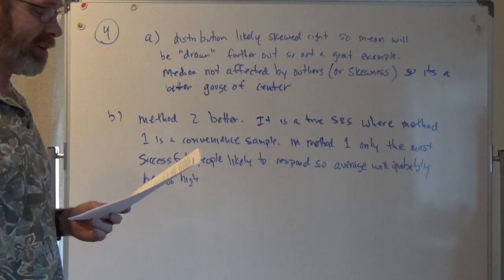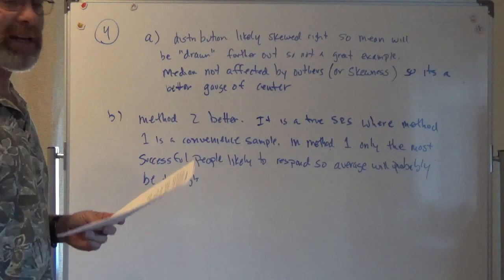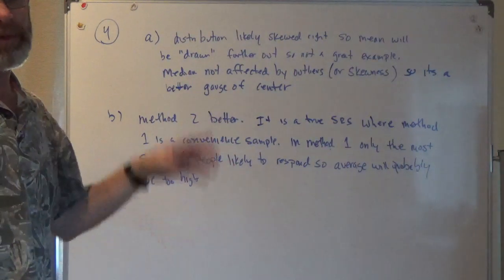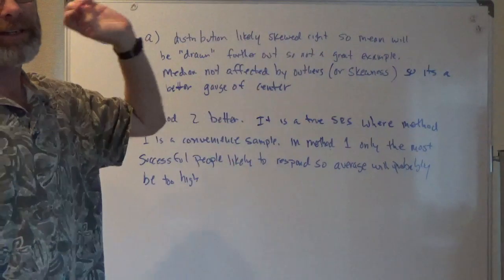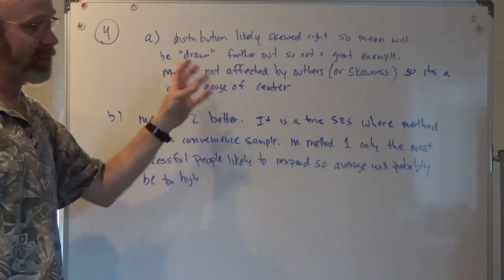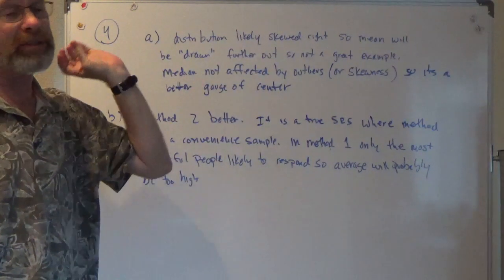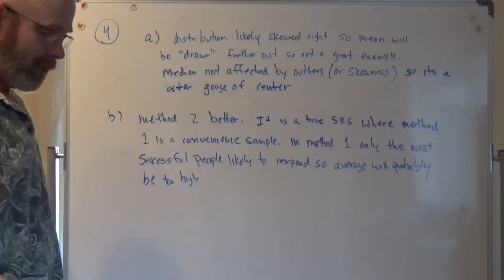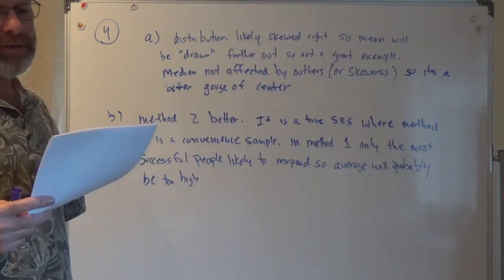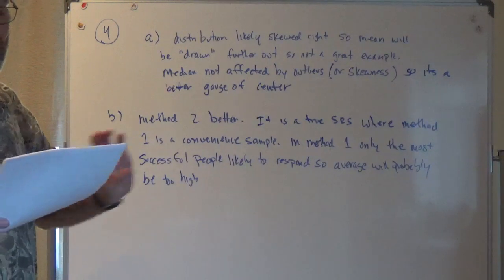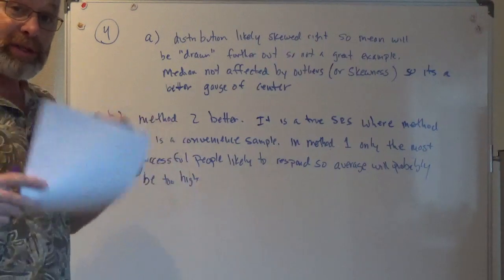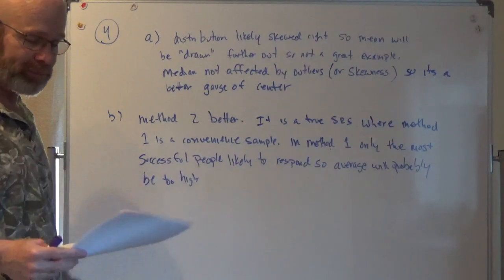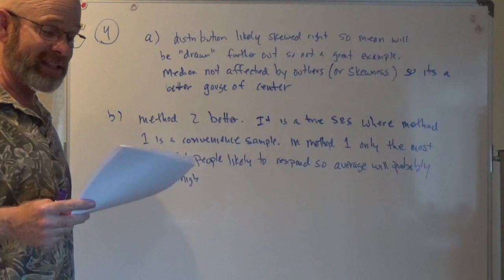It says, what statistical advantage is there to using the median instead of the mean? The median is a better representative of the center for anything with money because it's likely skewed right. So the mean is going to be pulled by the outliers, and the median is a better gauge of the middle. And then they gave you these 2 methods for sampling. One is to send out emails to everyone and then take the responses you get back. Voluntary response, convenience method. They think they're going to get 600 people that way.